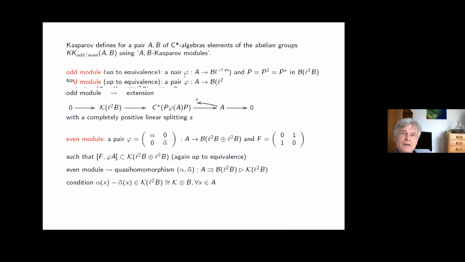Anyway, so you have a pair, you have a homomorphism from A into the bounded operators on the standard Hilbert module L2 of B, which consists of L2 summable sequences of elements of B. And in the bounded operators on L2 of B, you have a self-adjoint operator. Actually, in this case, you can take a self-adjoint projection. And the key condition is that the commutators of this operator with the image of